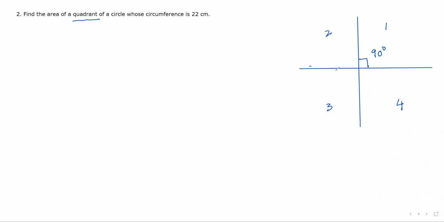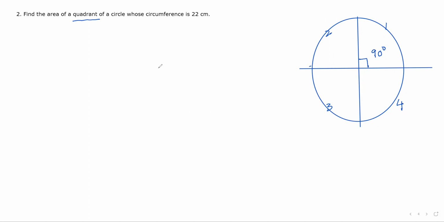All right. So every quadrant has an angle of 90 degree. Beautiful. So 4 quadrants is 360 degree. We are dividing 360 degree into 4 quadrants. 2 quadrants means 180. Right? Okay. So students, what is the question? The question is, find the area of quadrant. We want to find the area of this quadrant of a circle. Let me tell you, a quadrant of a circle is, make the center of the circle coincide with the origin. This is the quadrant of the circle. In this case, students, you can understand all the quadrants will have the same area. Right or wrong? Right. So let us find the area of this quadrant.